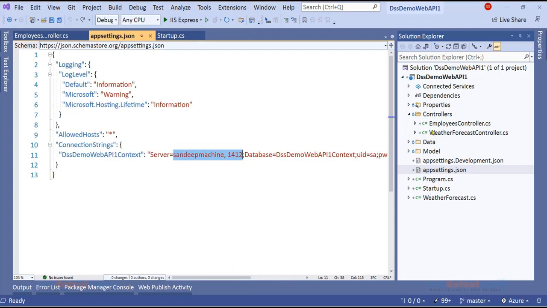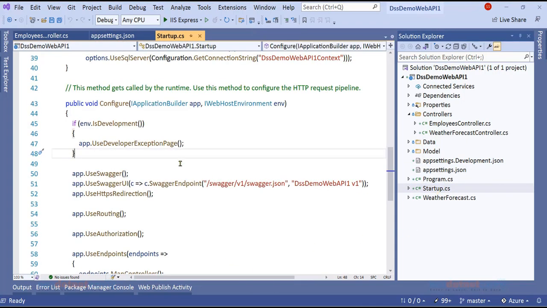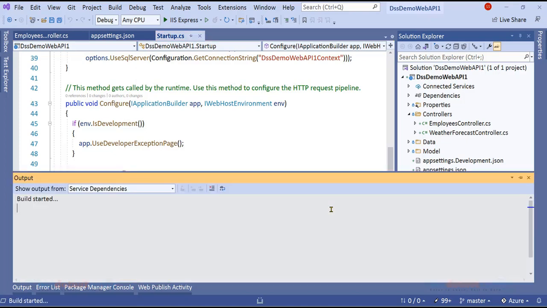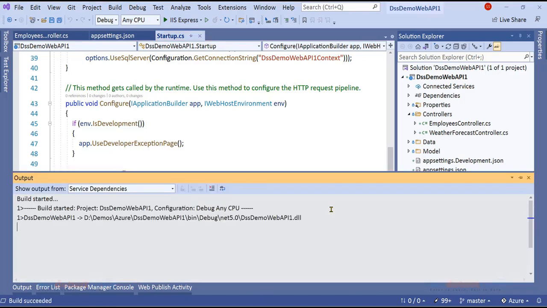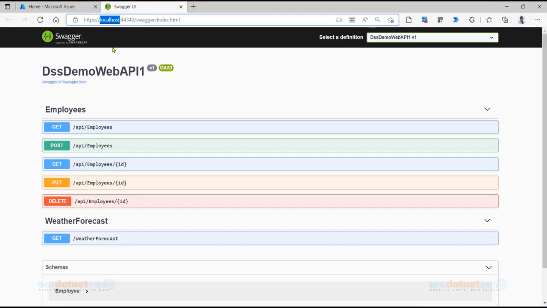Here, this is developed in ASP.NET Core, and I have also implemented Swagger metadata. So a lot of technical stuff, don't have to worry about it. What I am doing is running this particular project locally first. On my machine, I'm running this particular project. So it will take me to Swagger. It's localhost, you see. On my machine, I'm running.